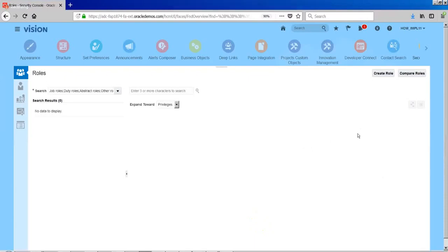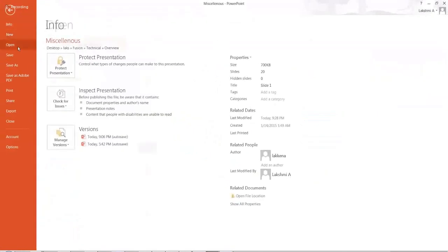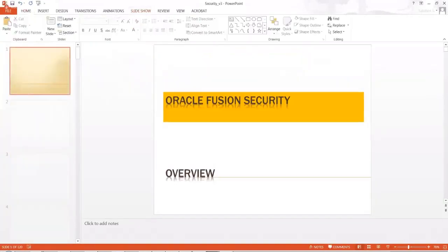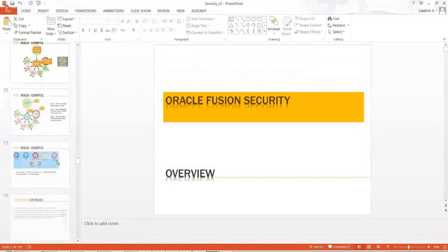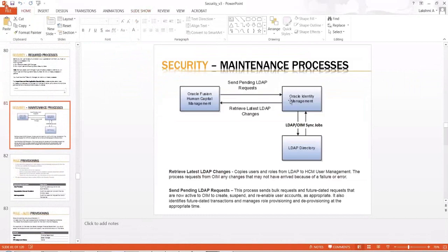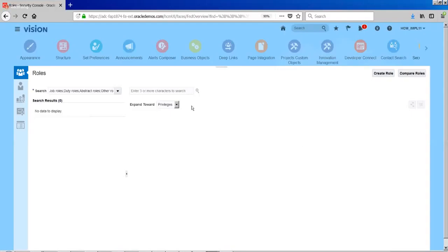So security for the job basically works like this. Every job that we create will become a functional privilege. Any job that we create will become a functional privilege. So basically, if you see, we have created a job here, and that job will become an aggregate privilege, so a functional privilege.